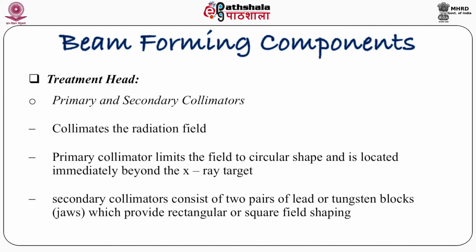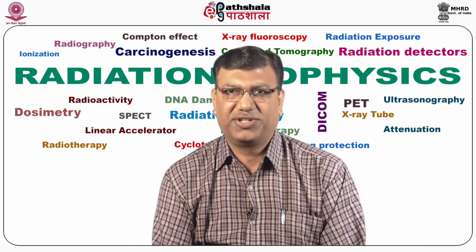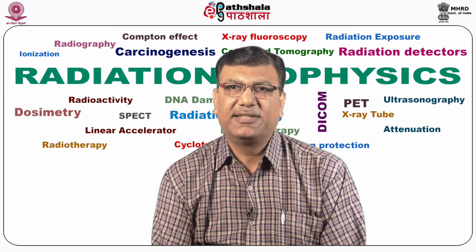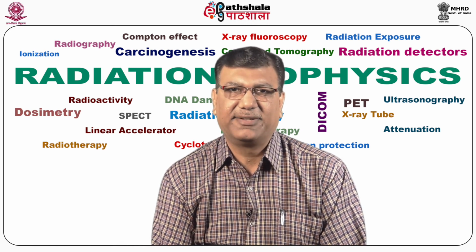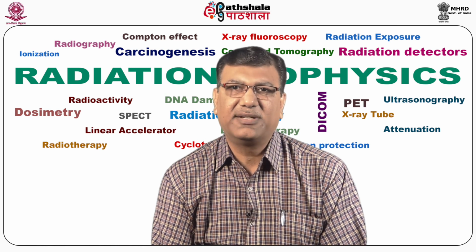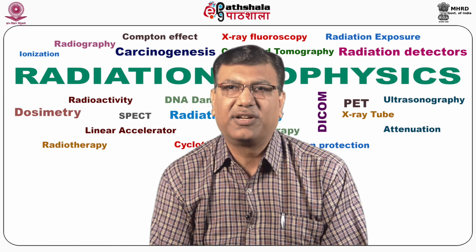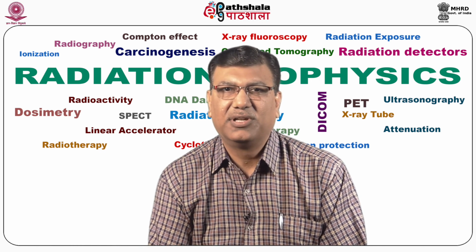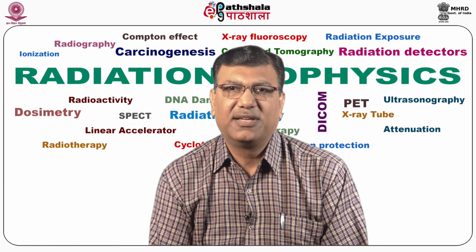Treatment head, primary and secondary collimators. This collimates the radiation field. The primary collimator limits the field to a circular shape and is located immediately beyond the X-ray target. Secondary collimators consist of two pairs of lead or tungsten blocks, or we can call them jaws, which provide rectangular